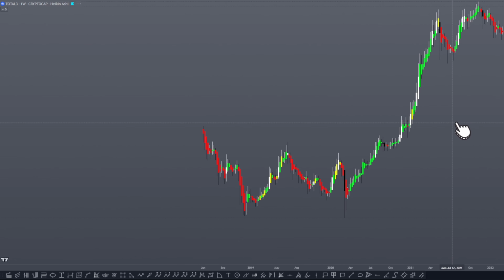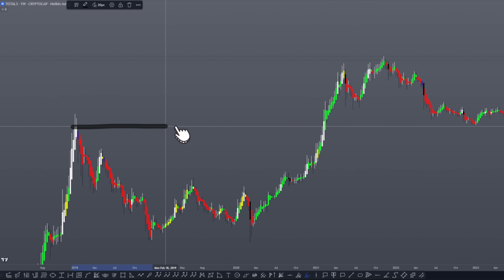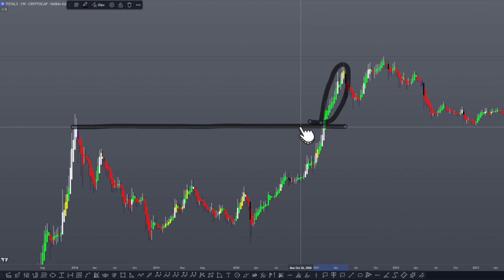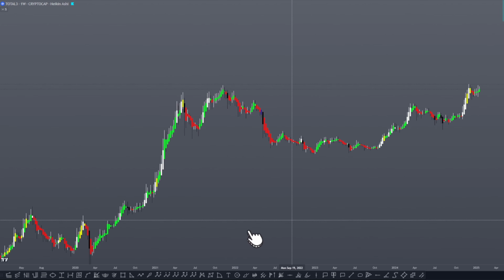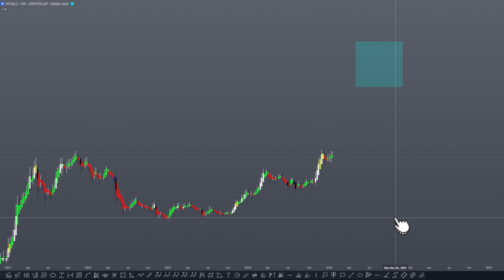And if we just go back and look at the last bull market, as soon as the prior all-time highs were met, this was when the final stretch began. But this time around, I think it's a little bit different because, just in comparison to the 2020 to 2021 bull market, and especially the 2015, 16, 17 bull market,